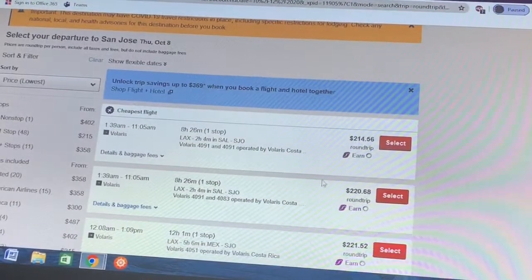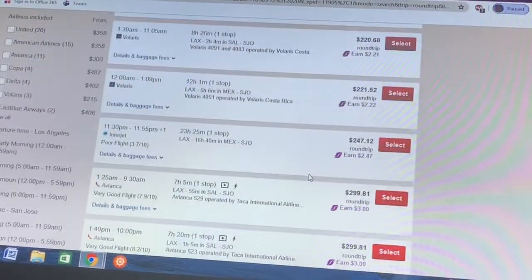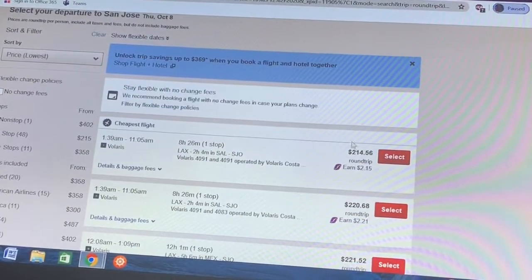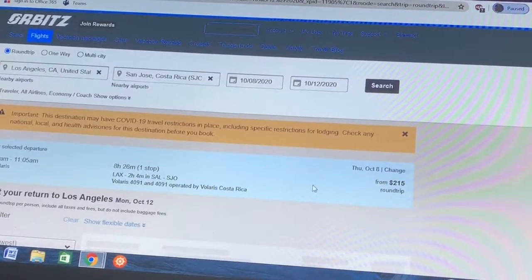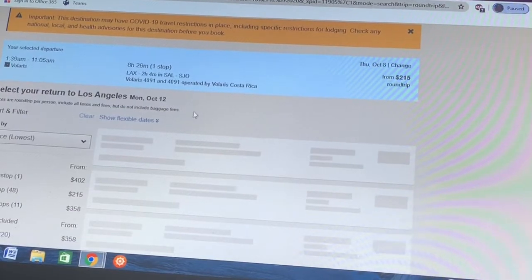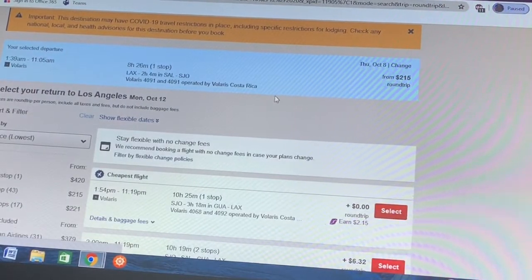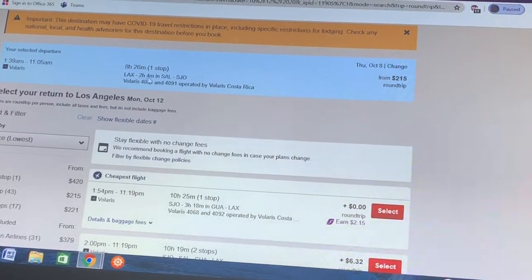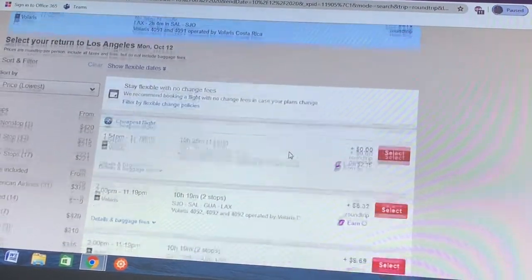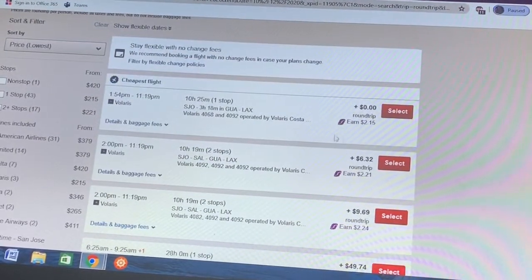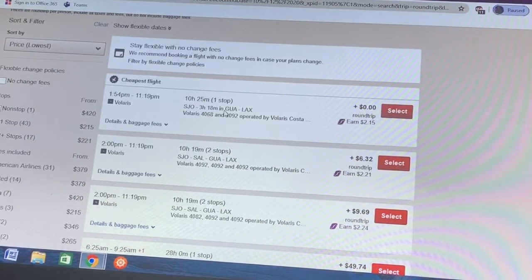I'm in Orbitz, and there's one even cheaper at $214. So I'm gonna check it out. I like the layover. It's only one stop, 2 hours. So I'm okay with that one. And then returning, 3 hours.